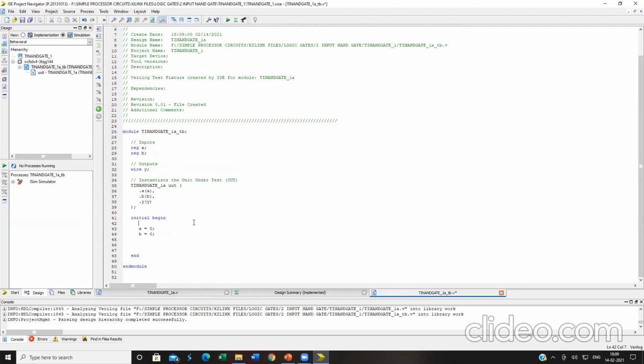This and all you might have typed in ModelSim, but everything will be provided by this software itself. That is the main advantage. The design time will get totally reduced. But the advantage is that it will compulsorily provide you the programming experience over there. Here it will be less. So #100, A is equal to 0, B is equal to 0.